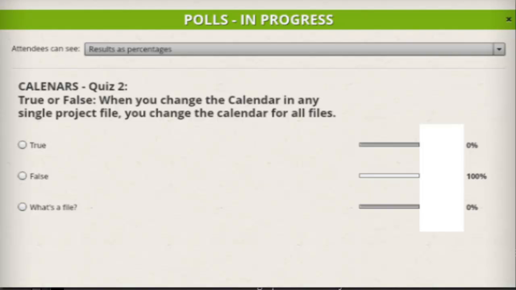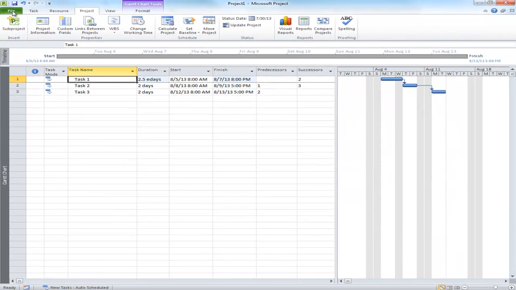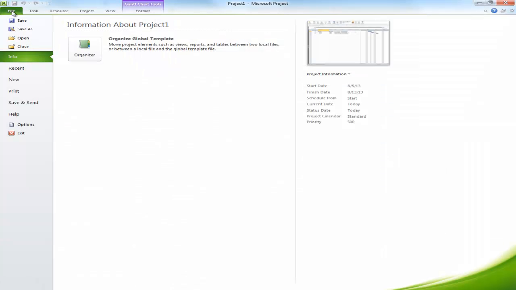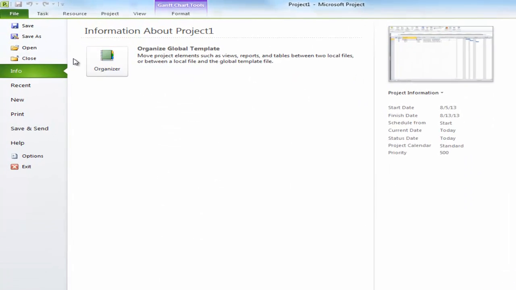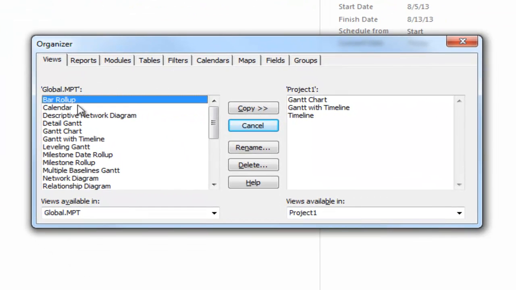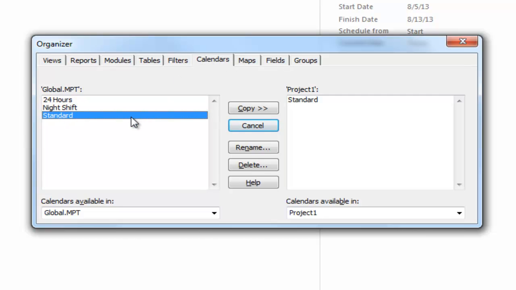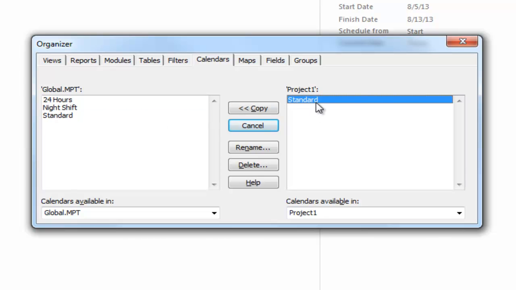There is something called the global template that houses the standard project file, and to find the global template, it's on the backstage, and there you see it under the info tab. So if I really wanted to change the standard calendar, I have to go to a tab called calendars, and in there, in the global template, there is a calendar, and I literally would have to first modify it in a project file and then copy it over to my global template, and then from that point forward it would